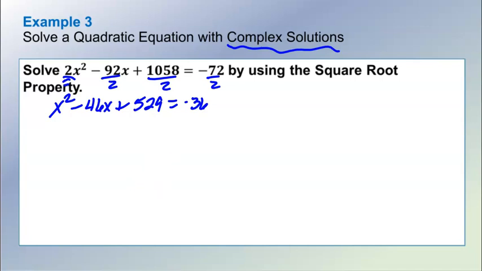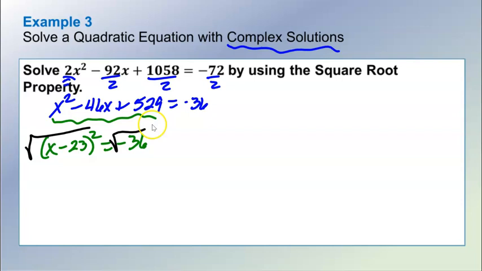Next, we have a perfect square trinomial here. So this is going to be x minus, and the square root of 529, or think of half of 46, would be 23. This is squared, because that's what this trinomial would be factored as, equaling a negative 36. Now to undo a square, we're going to find the square root of both sides. And this is going to give us x minus 23 equaling a positive and negative